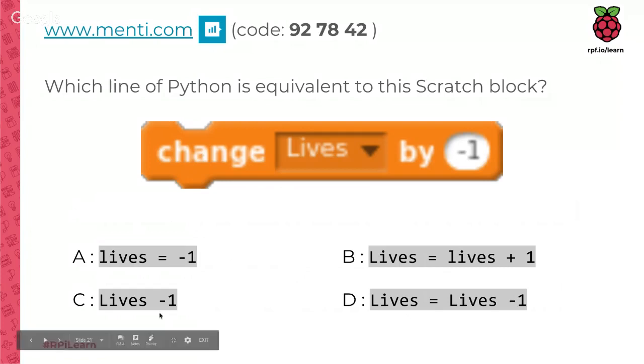C is taking 1 away from lives but it never assigns it. It never puts it anywhere. It does a calculation and then forgets about it. Whereas this one does the full works. This one takes lives, takes one away from it, and stores the result in lives, replacing the original value.